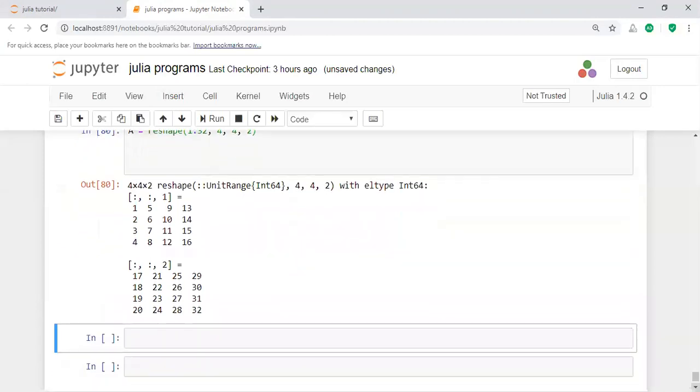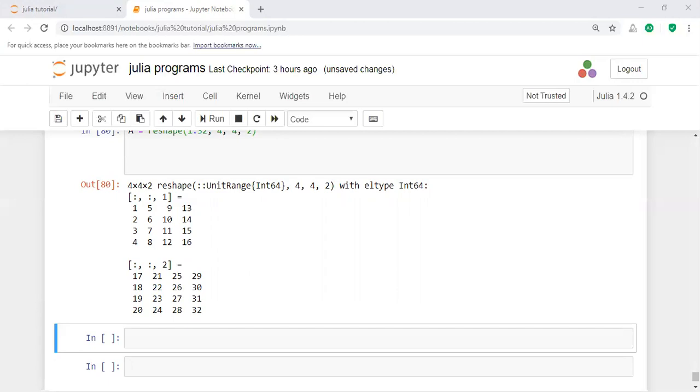Here 4 by 2, 4 by 2, and then 4 by 2 values. That means reshape the values. The contents are the same, but the data is reshaped. In this way, you will apply Cartesian logical indexing. That means you will have different index values.